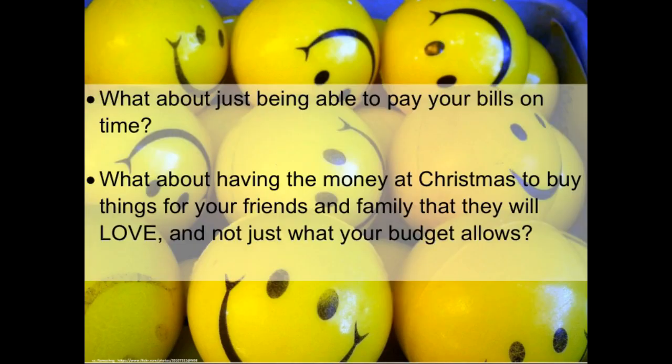And what about just being able to pay your bills on time? Not worrying about that knock on the door. Not worrying how you're going to pay your mortgage this month. What about having the money at Christmas to buy things for your friends and family that they will love? I was listening to a call with someone last week and they were saying, how would it feel to not have to budget for Christmas? Like, $10 on Joey, $20 on Billy, $50 on Mum. What would it feel like to know that you can go out and buy something that you know they will love